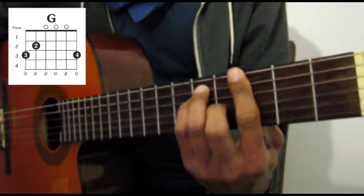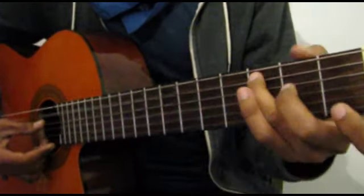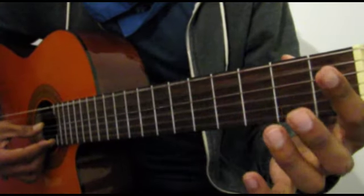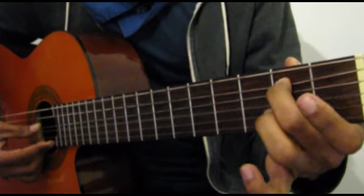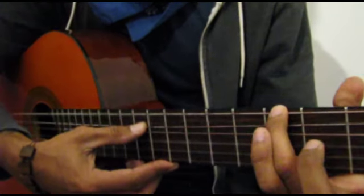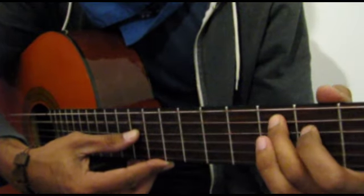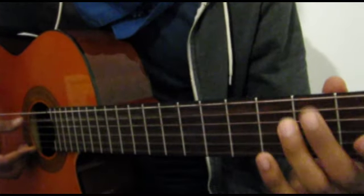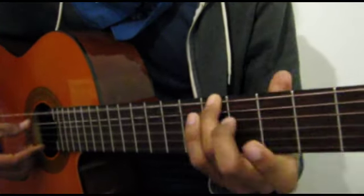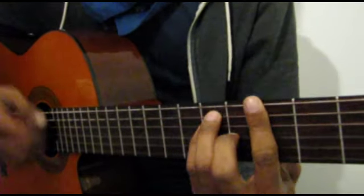All right? So I did a few things there. So right before, so it's G, open, this is a B, and then C. So it's, and then this second string is open, A, B, C. G, A, B, C. You can go that way too, but I do it like this because